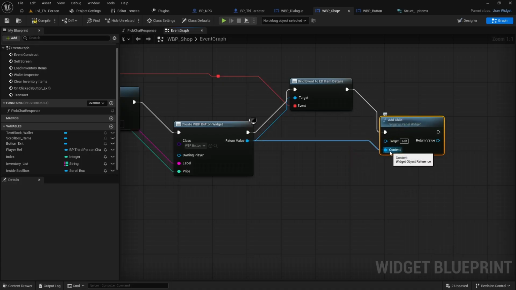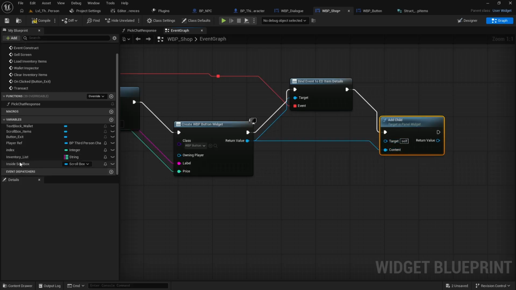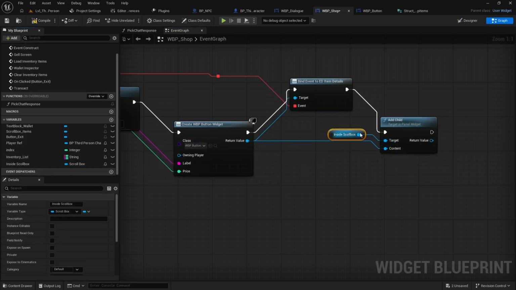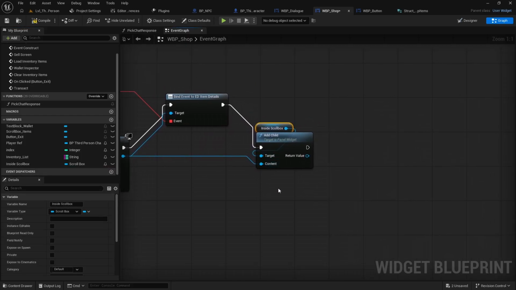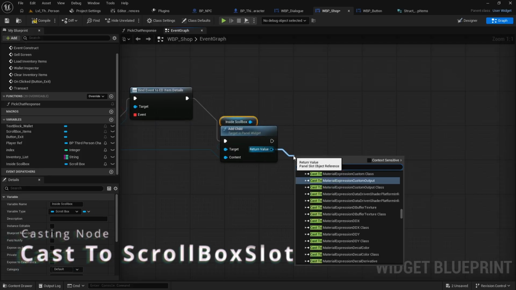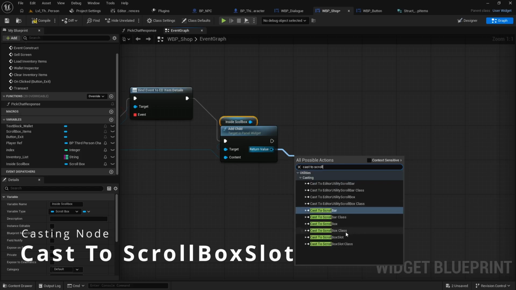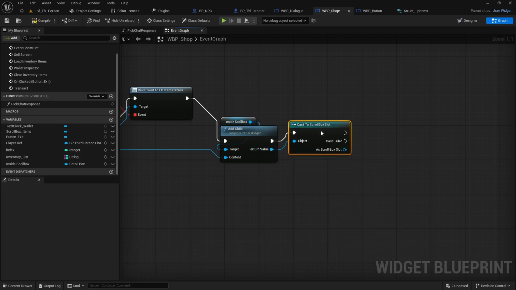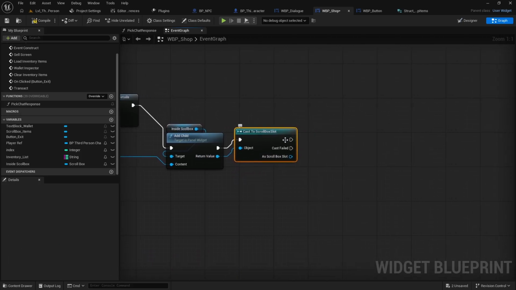And it did add it as a content, which is correct. That is what I needed. The target is going to be that inside scroll box that we just created, like so. All right, so now that we have that, we can then do a cast to scroll box slot. And this is just so we can make some adjustments to the actual slot value, specifically with regards to